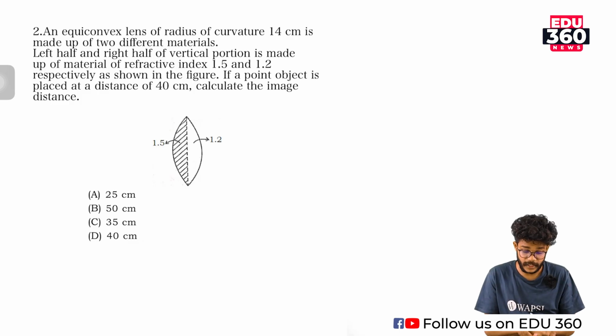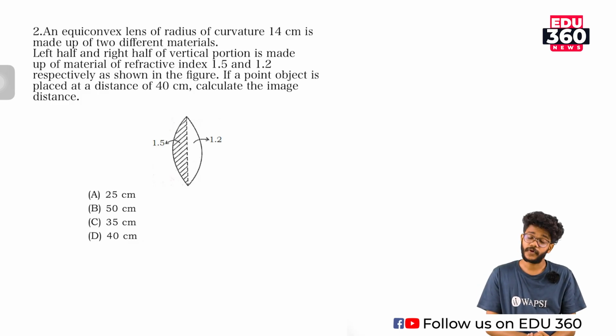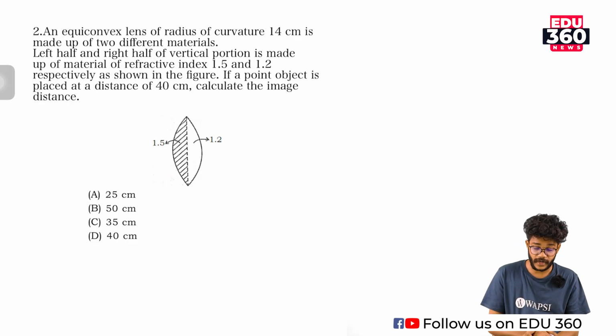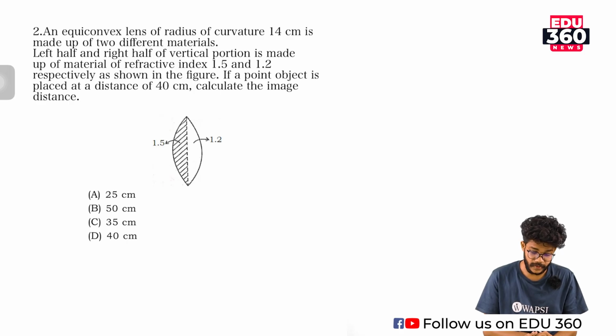Okay, and the radius of curvature is 14 centimeter. The left half and right half of the vertical portion are made up of materials of refractive index 1.5 and 1.2 respectively, as shown in the figure. If a point object is placed at a distance of 40 centimeter,